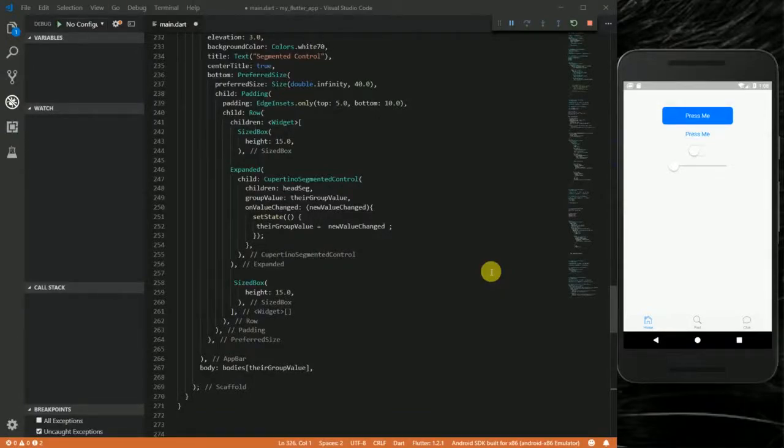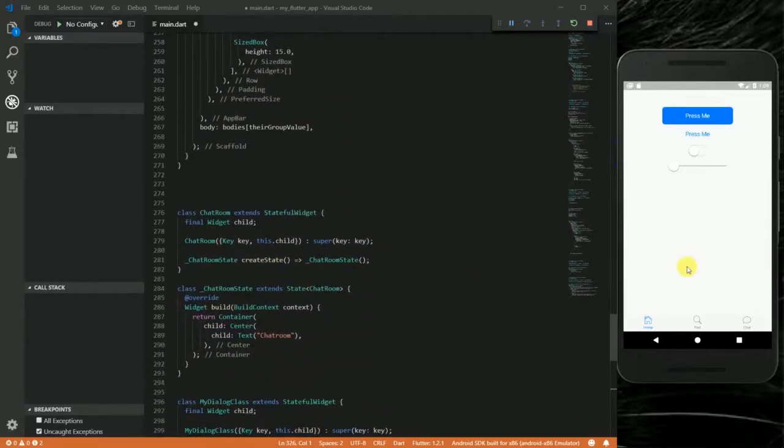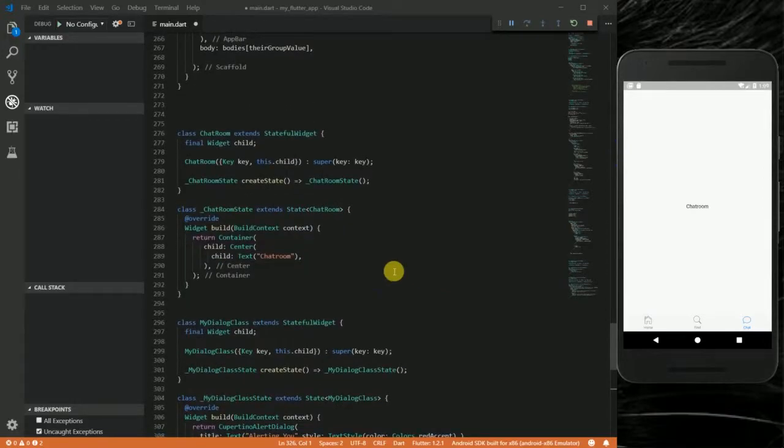Okay, so the next widget I want to show you guys is a Cupertino action sheet. And to demonstrate that, I'm gonna go back to this page and create a button for that. So I'm gonna look for the chat room class. Okay, so this class returns just text. I'm gonna change it and make it Cupertino